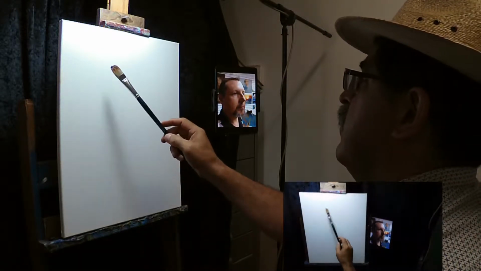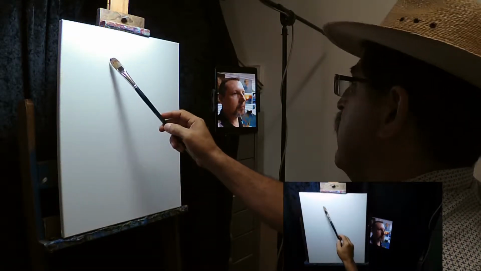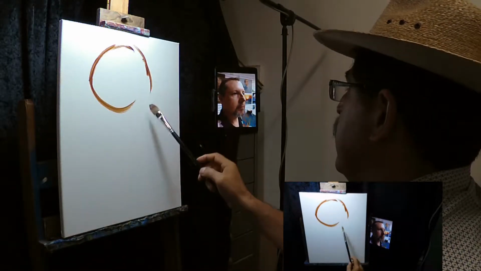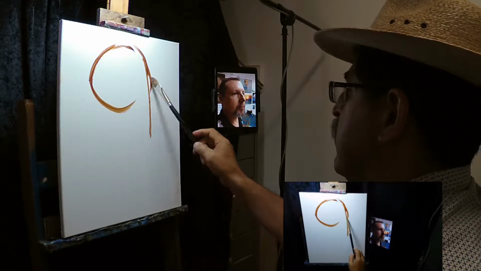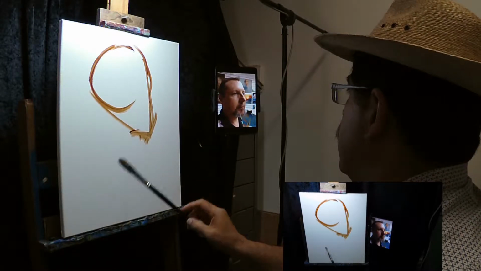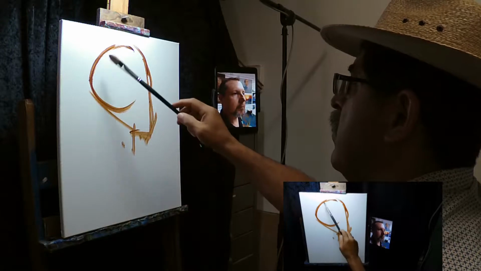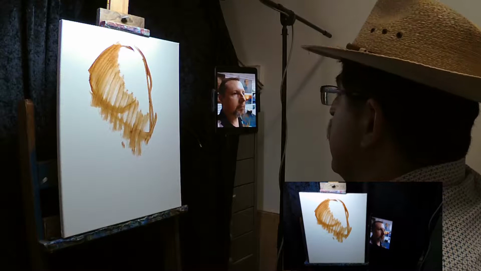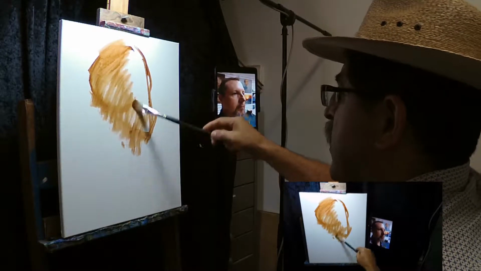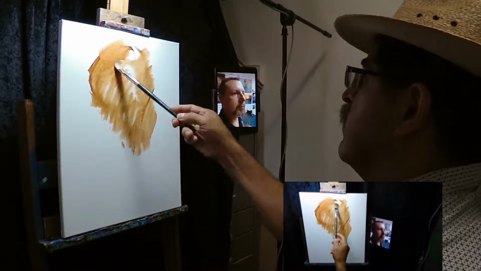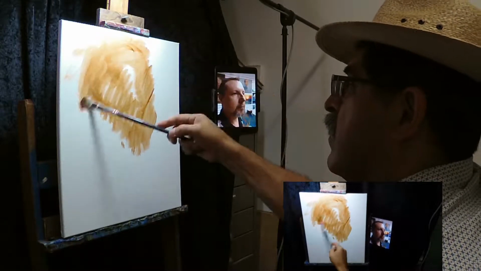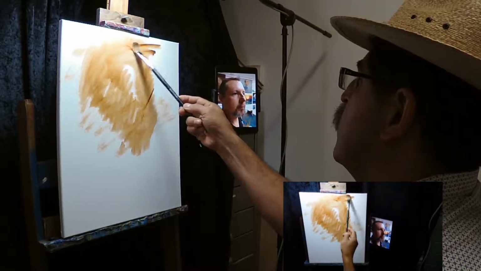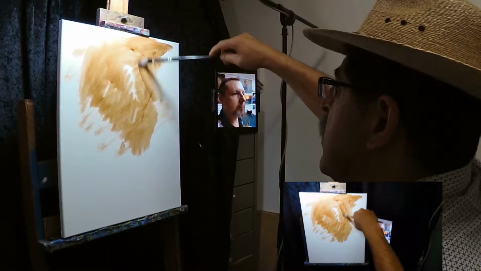So I'm going to say, okay, first of all, it's this shape right here. Then it's this triangle with this goatee, then it's the neck. But what I'm going to do is just draw it and shadow in the color as quickly as possible. I want to literally get rid of the white. You saw how a few seconds ago I gave a shape. Well, what I'm going to do now